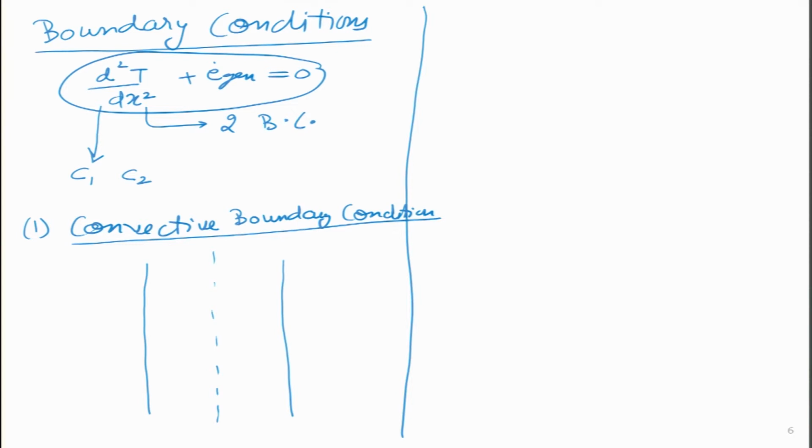So, till now whenever we wanted to solve this particular problem, if you remember for the last 2 or 3 lectures, I always picked 2 points on the extreme, and I called this T1 and this T2, and I assumed that these values were known. I typically picked 40 degrees on this side and 20 degrees on this side just for illustration purposes, which means now we will go into the physics behind it, that how is the wall on the left hand side actually having a higher temperature compared to the wall on the right hand side.